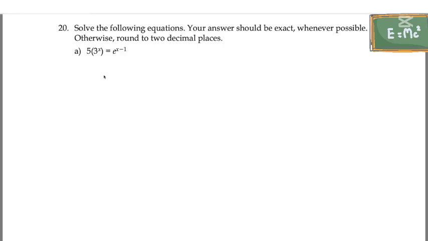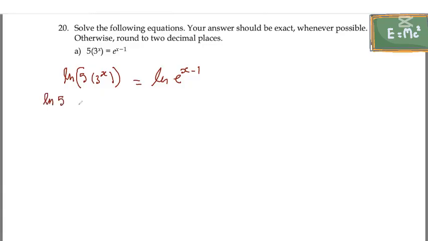So here's another question that involves the ln, natural log. This is a little bit more challenging, and the reason is when you ln both sides. So if you ln both sides here, ln of 5 times 3 to the x equals ln of e to the x minus 1. So here, you see this 5 times 3 to the x, and the rules, when you have two things that are multiplied,